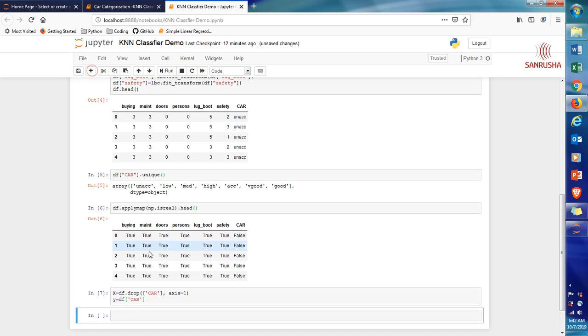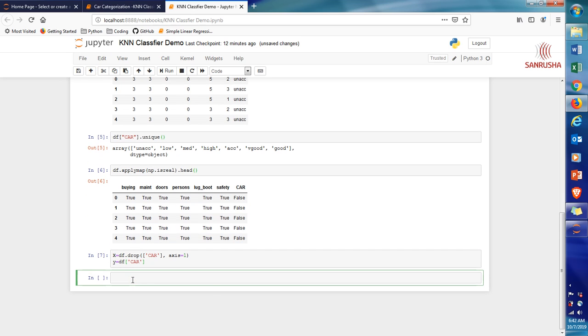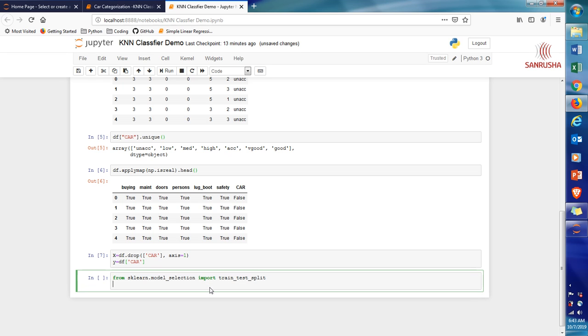Next we are going to define our training data set. From sklearn dot model selection import train test split. Good.